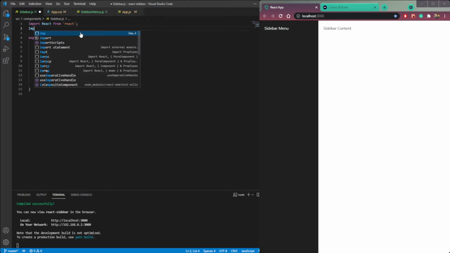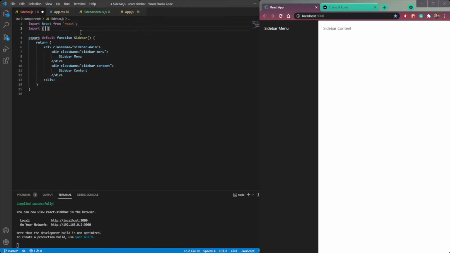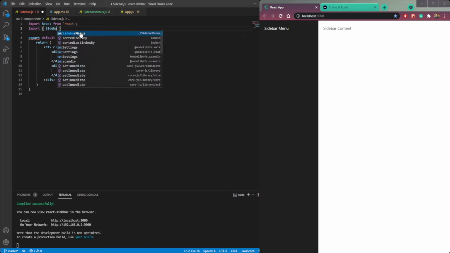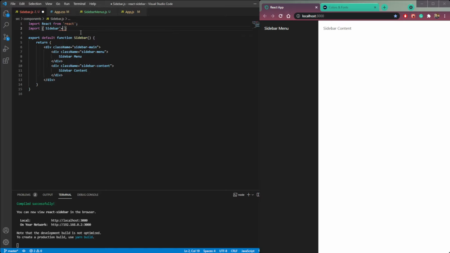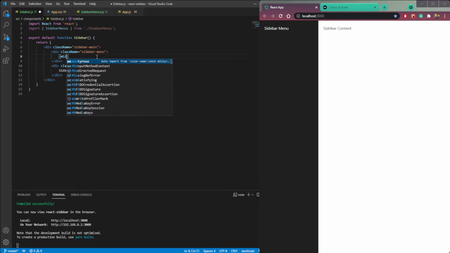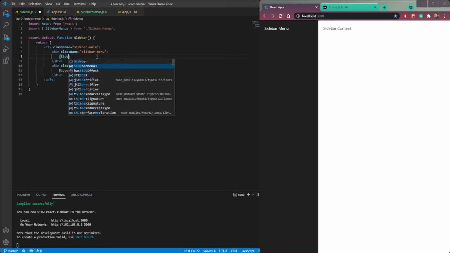So first of all, import sidebar menus from sidebar menus, and inside this sidebar menus remove this sidebar text, and let's say sidebar menus dot map.